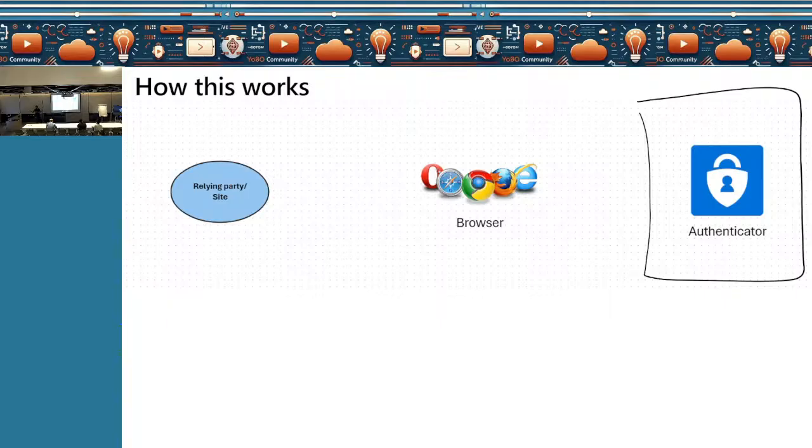I'm going to explain CTAP also, wherein we are going to break down the communication from Bluetooth to device, device to browser, and browser to application. Browser to authenticator, it uses CTAP. Browser to relying party, it uses WebAuthn for verification. But I'm going to explain it in a little bit more detail in a couple of slides.